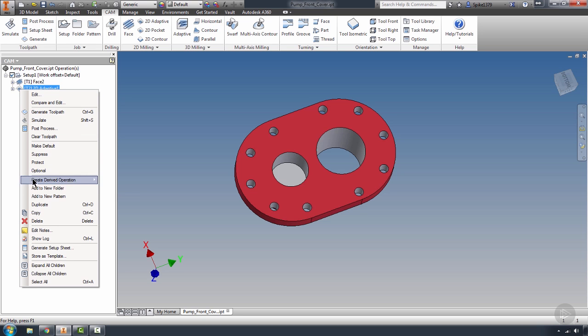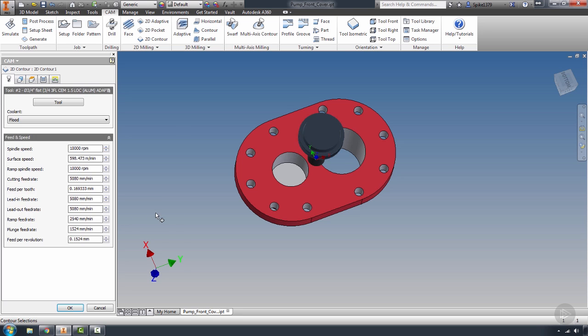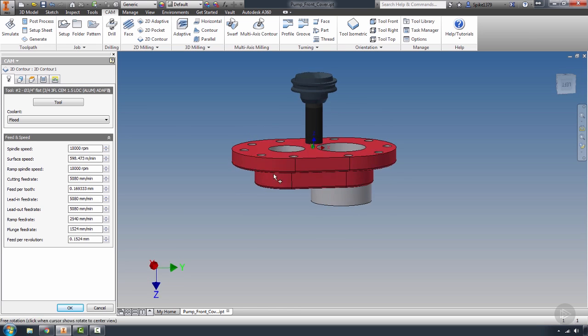I just want to create what's called a derived operation. This is going to have all the clearances, the depths, and everything else automatically transferred over to another type of toolpath, which I'm going to select 2D milling. As the arrows drop down, you'll see I can just navigate through them, and I'm going to go 2D contour. Now I've successfully taken my cutter, added it to a new 2D toolpath into the contour toolpath, and you'll see